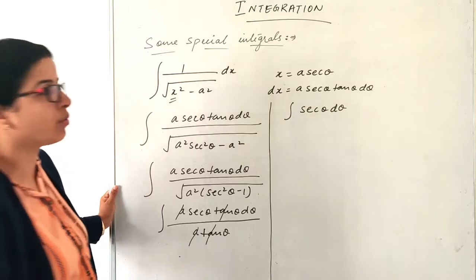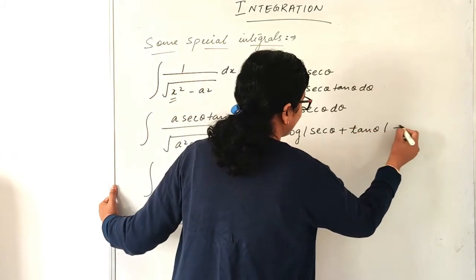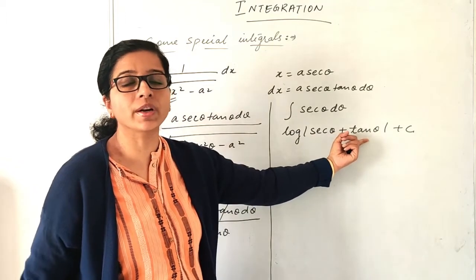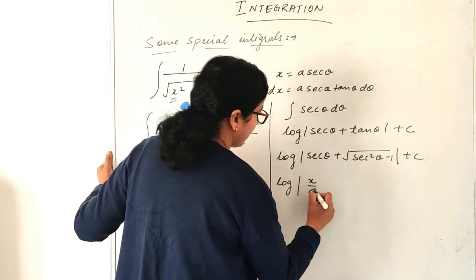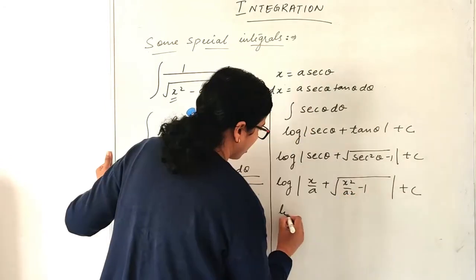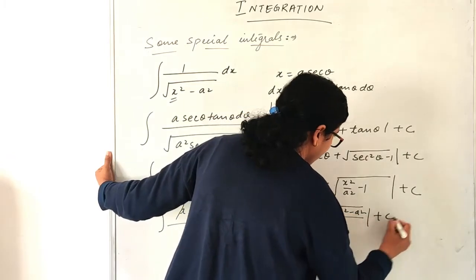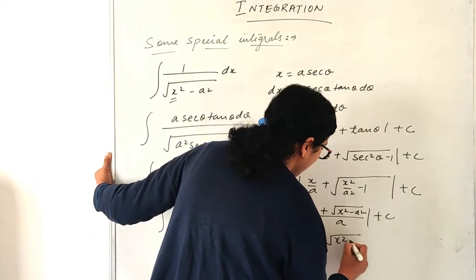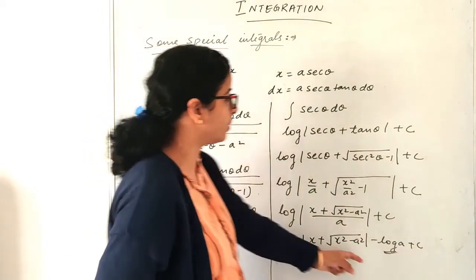And we very well know what is the integration of secant theta. It is log (secant theta plus tan theta) plus c. Now we have the value for secant theta, but we don't have the value for tan theta. So we will convert tan theta also in terms of secant theta. Substitute the value now. So what is the value of secant theta? x by a. Plus root x square by a square minus 1, plus c. log (x plus root x square minus a square) upon a plus c. Correct? I can further write it as log (x plus root x square minus a square) minus log a plus c. This being a constant part will merge with the constant.